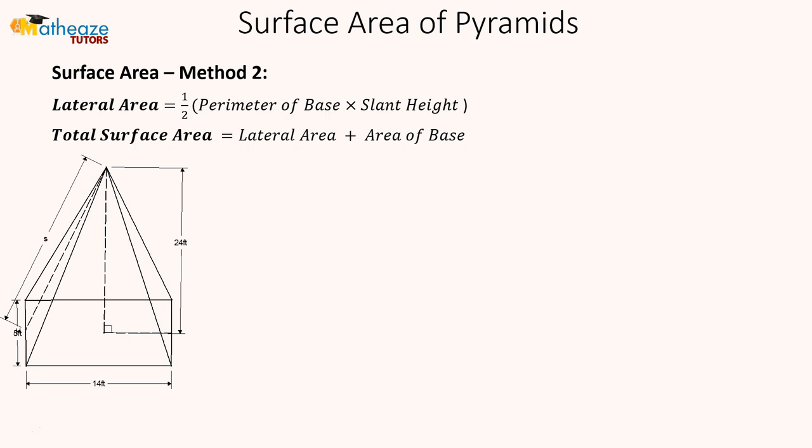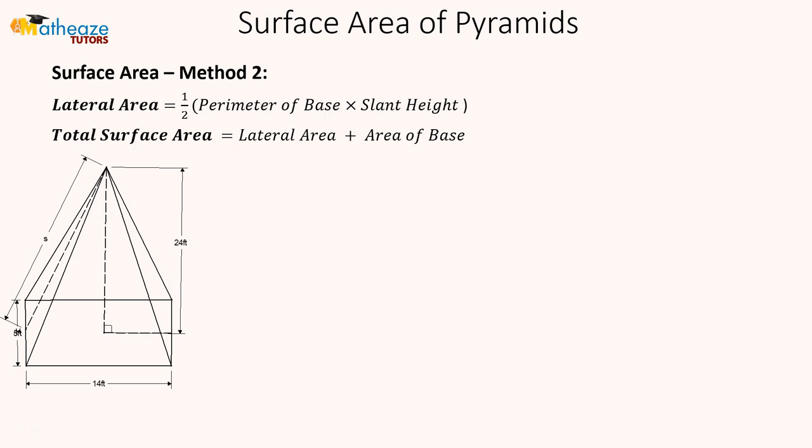Now, remember, lateral area is the perimeter of the base multiplied by the slant height, and then you divide that by 2. The slant height is the altitude of one of the triangular surfaces of the pyramid. And so here we have a triangle, and it's going to be a right triangle here,